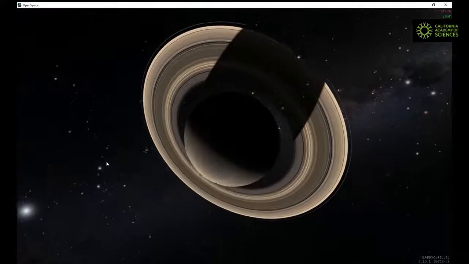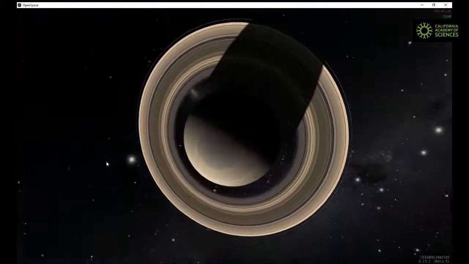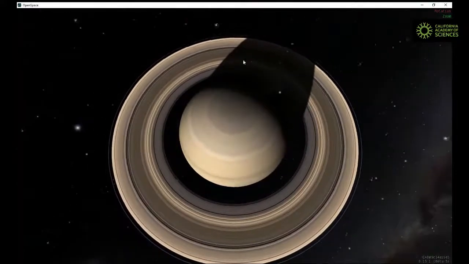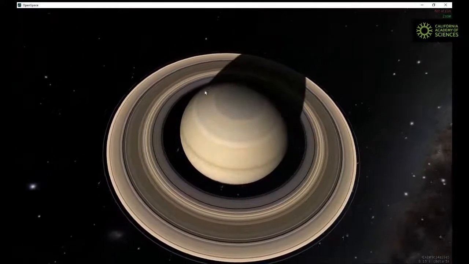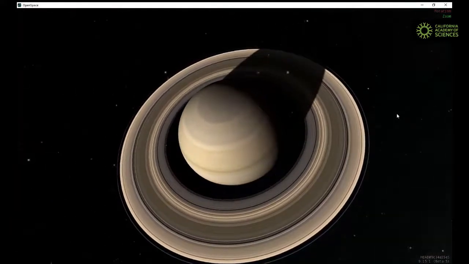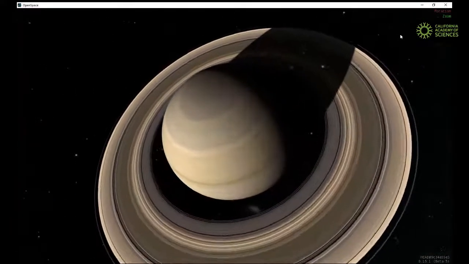Now, landing on Saturn itself would be a daunting idea. That's because there isn't really a place to land. You can see that beautiful shadow cast from this planet makes it seem like a solid ball, but that's really not the case. We call this a gas giant, and that's because the outer layers of this world are just